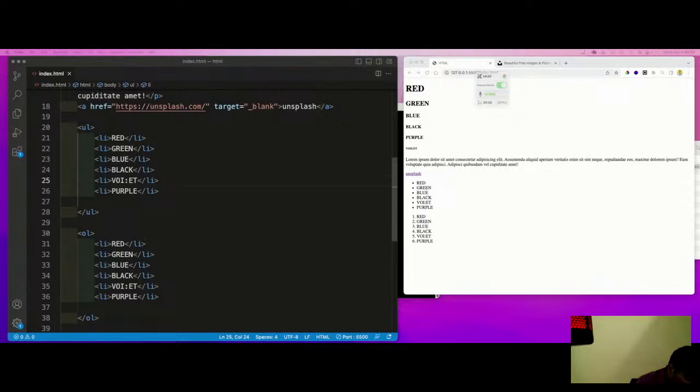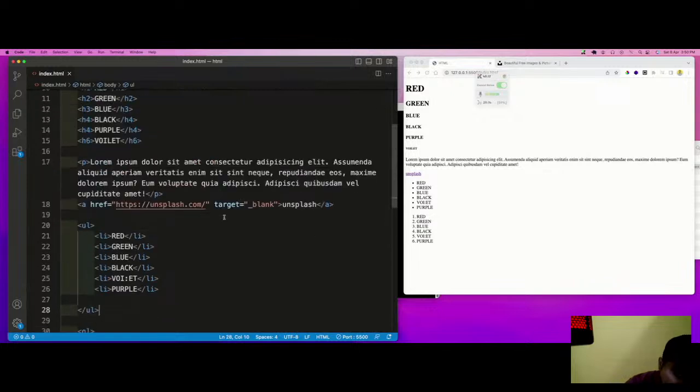Block level means it starts on a new line and takes the full width. So examples of block level are div, image, list, UL, and examples of inline are anchor tags, span. All these are the examples.